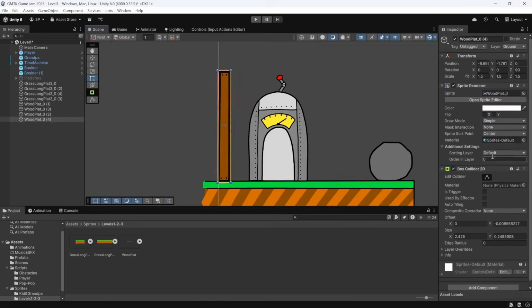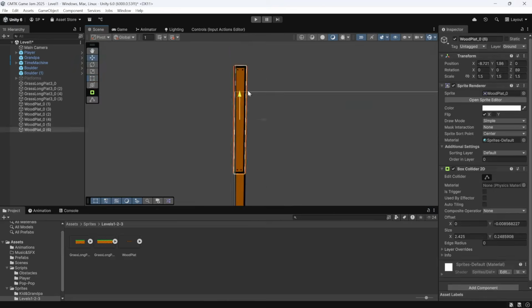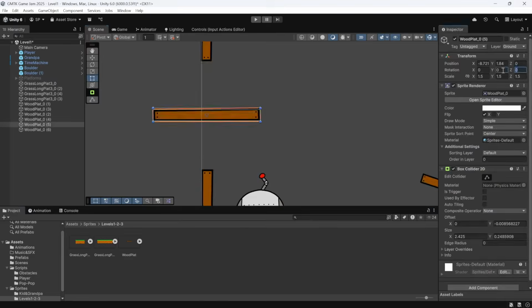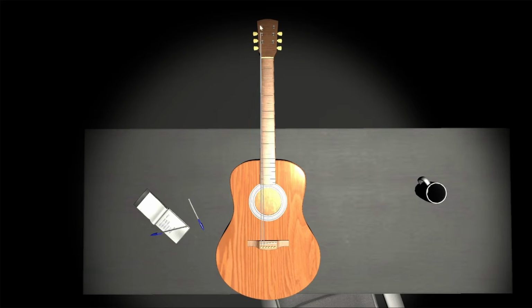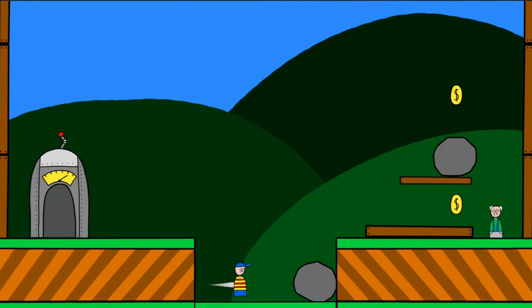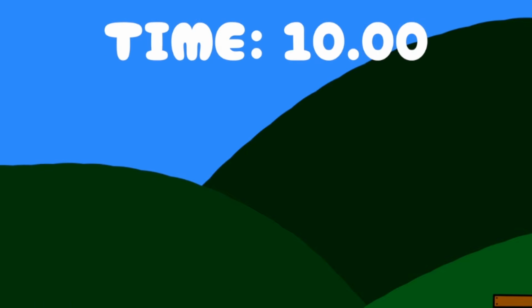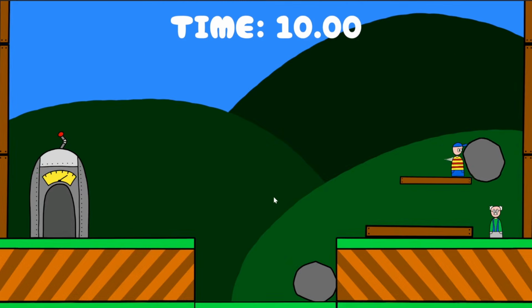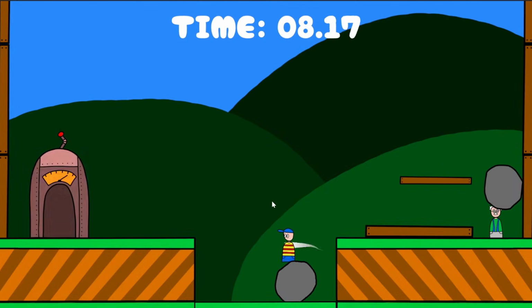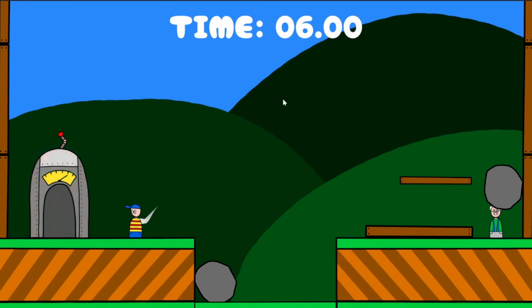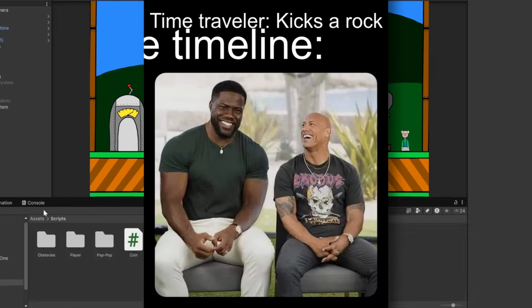I ended up simplifying the first level, because one of the most frustrating things about playing a game jam game is getting confused and not knowing the mechanics. I also made you capable of collecting the coins. Finally, I added a timer on top of the screen, so you'll have a limited amount of time to run back to your time machine after killing the pop-ups, because you're breaking the fabrics of reality or something. I don't know, it doesn't have to make sense.